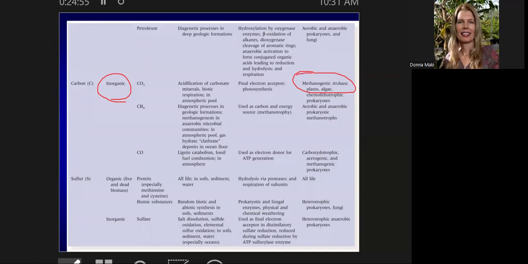Methane, very special group. You have some methanotrophs that will take methane and use it, and they're just using it as a source of electrons primarily. And they've listed out sulfur here. And again, all life has sulfur in certain key amino acids. So they list them out here, methionine and cysteine.